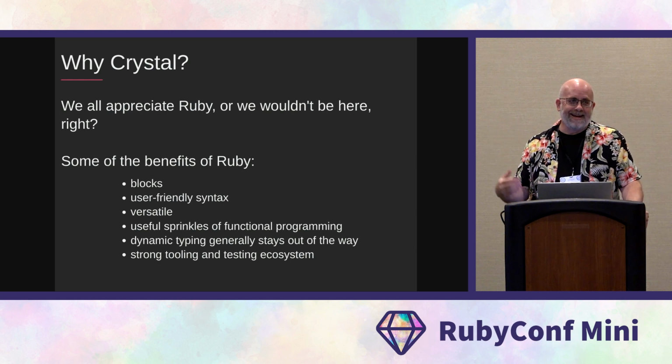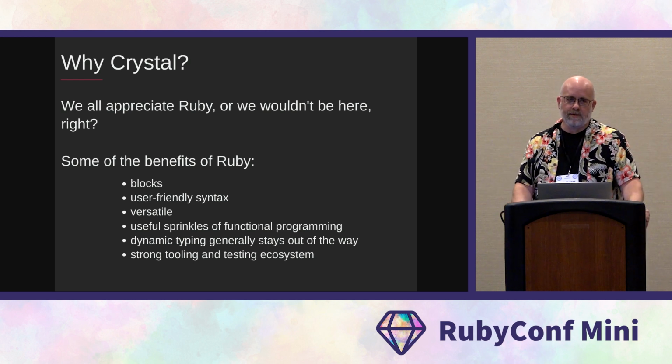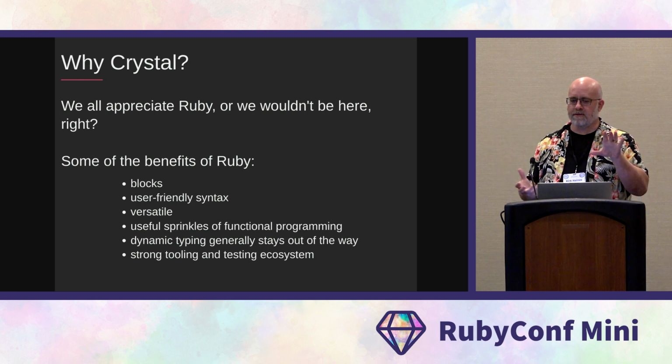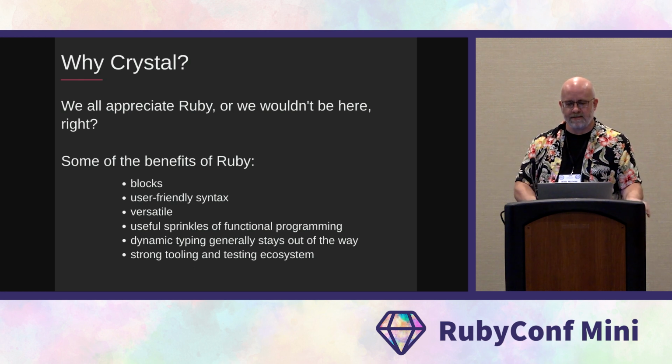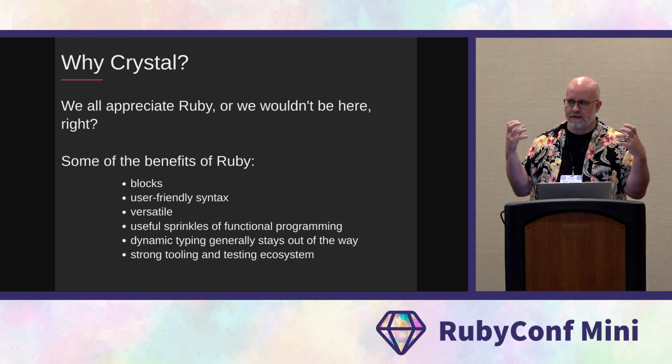versatility. The dynamic typing is one of the things that honestly really drew me to it initially, and I think is one of the things that a lot of people look at as a benefit, the fact that most of the time you don't really have to worry about what the type of your thing is. You let Ruby figure it out, and you let Ruby tell you if you made a mistake. And Ruby has a really strong set of tools built around it and a really strong testing ecosystem. There's a lot of stuff to help you as a developer structure your projects and make your projects easier to